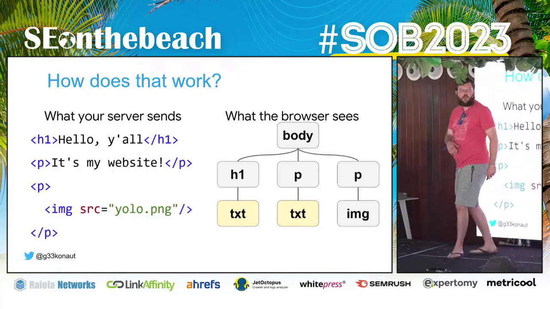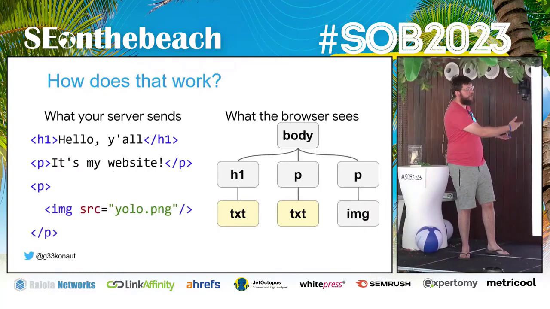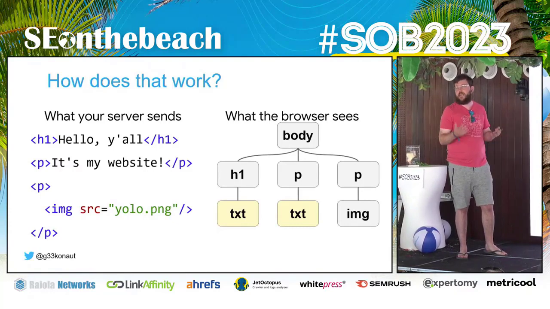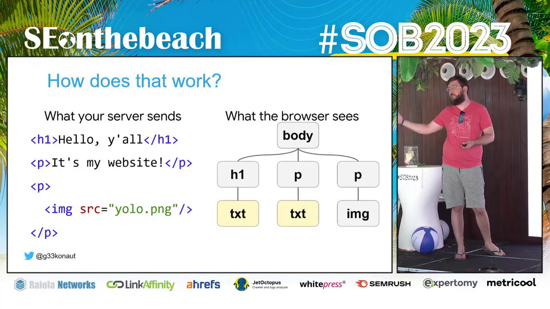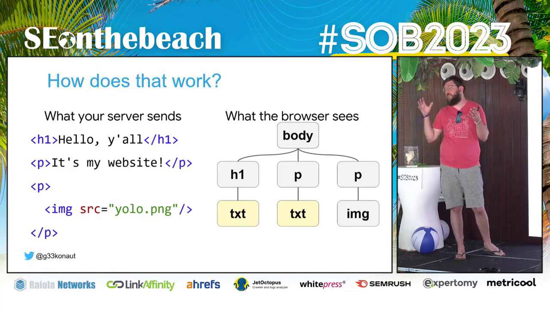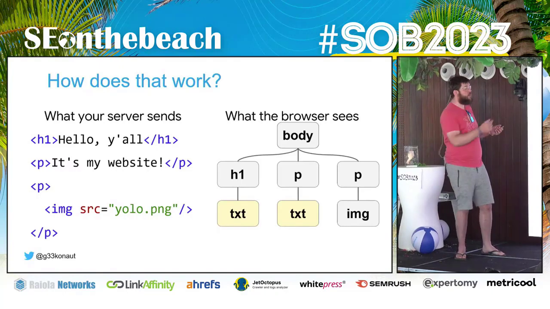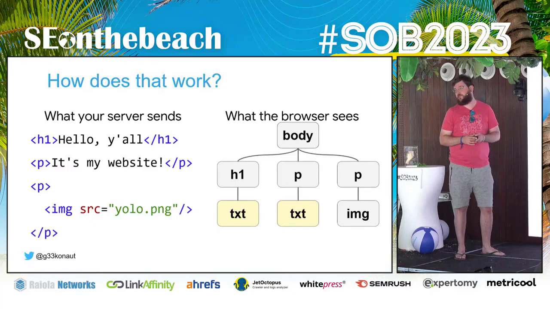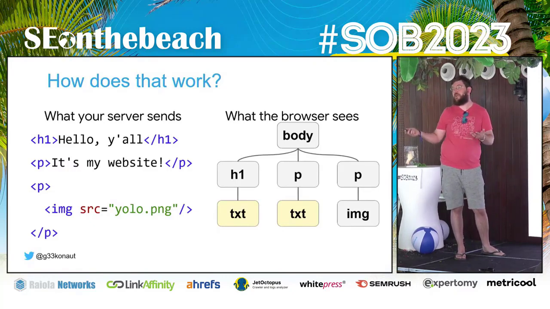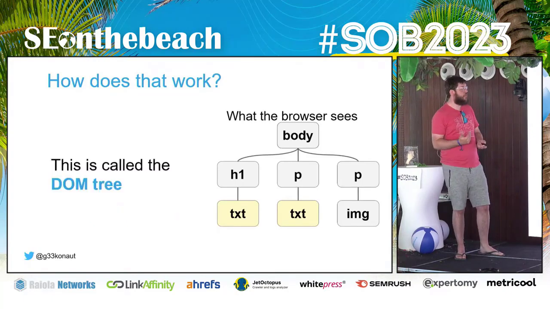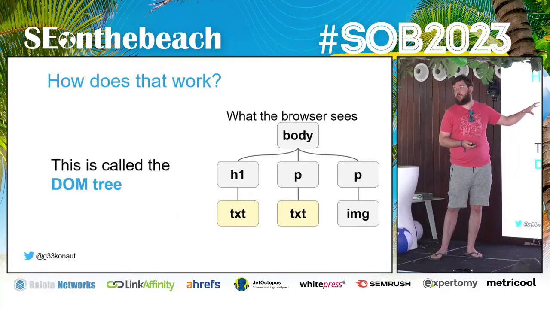So this continuous process of adding things to this tree is a very nice process because it happens as the data arrives. So we don't have to wait for everything to arrive over the network until we can actually potentially see stuff. Using this wonderful tree structure, we can basically start to prepare displaying something. So rendering can happen while we are still downloading the HTML. This thing, by the way, is called the DOM tree.